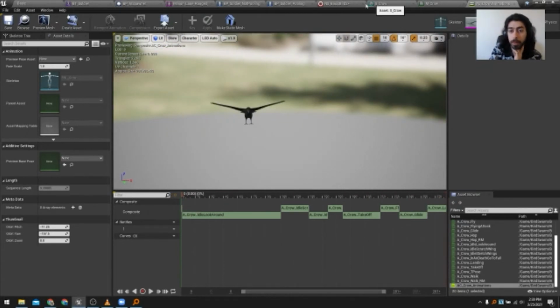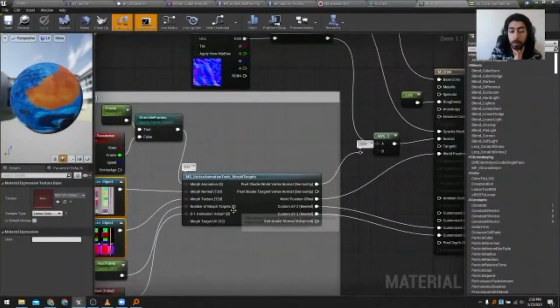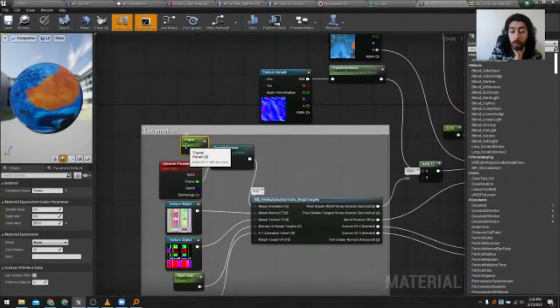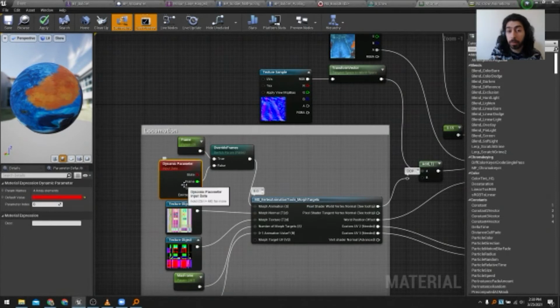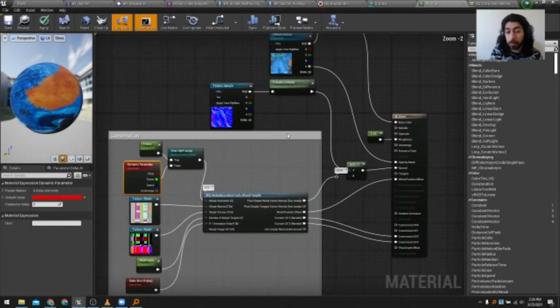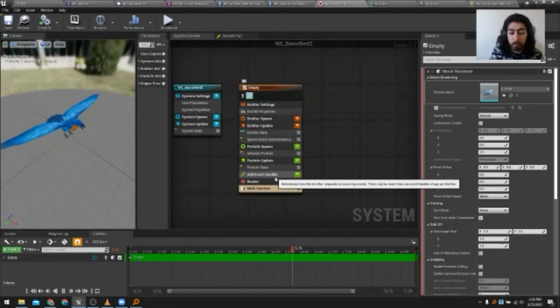Anyway, now that we have the exported animation and it's connected here, we finally feed one parameter, which is which frame to play. The frame selects which line, which position basically, we want those vertices to be. And it's actually fed as a dynamic parameter right from Niagara. So materials and Niagara can communicate very easily between each other. And if we go back to our effect now, we just need a way to actually play it.